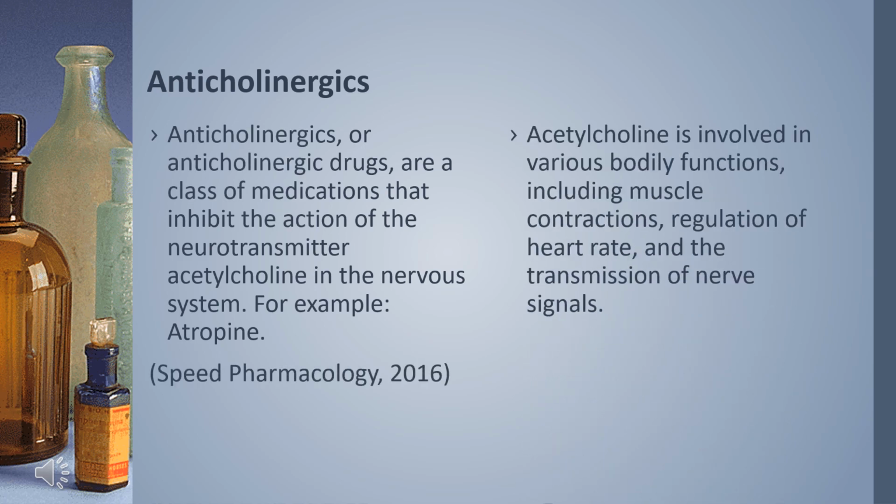Okay, so now we are going to learn about what anticholinergic drugs are. Anticholinergic drugs are a class of medications which inhibit the action of the neurotransmitter acetylcholine in the nervous system. For example, atropine. Acetylcholine is mainly involved in various body functions including muscle contractions, regulation of heart rate, transmission of nerve signals, etc. And when anticholinergic drugs block that acetylcholine, then they inhibit the parasympathetic nervous system's effects, which can